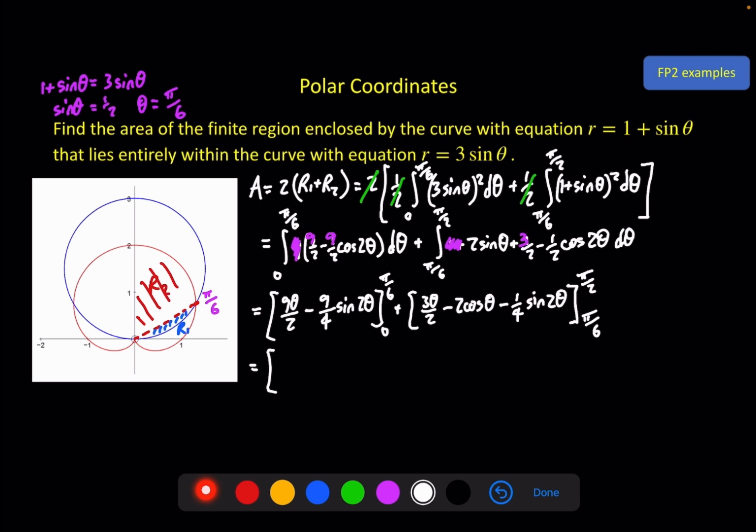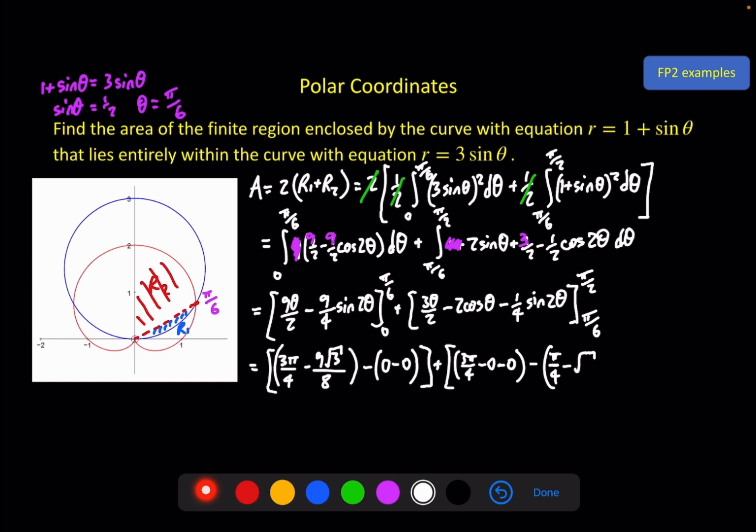So the first one gives us 3 pi by 4 minus 9 root 3 over 8 minus 0 minus 0. And then we have 3 pi by 4 minus 0 minus 0 minus pi by 4 minus root 3 minus root 3 by 8. And if we tidy all of that up, we get the final answer of just 5 pi by 4. And that is the final example